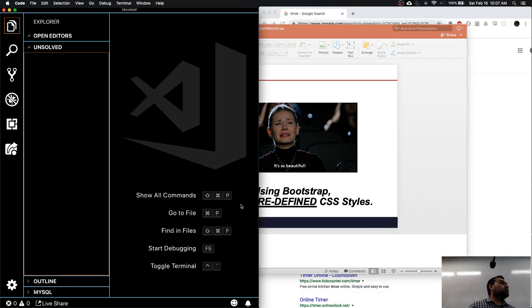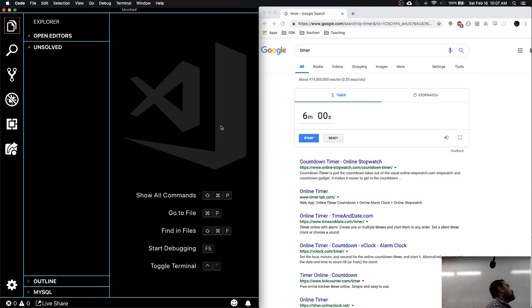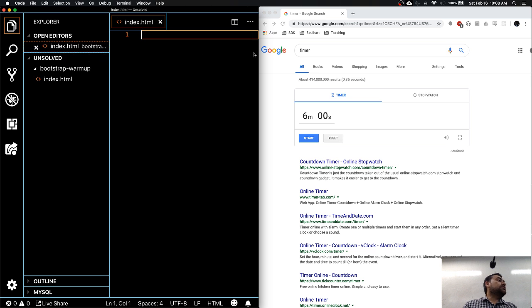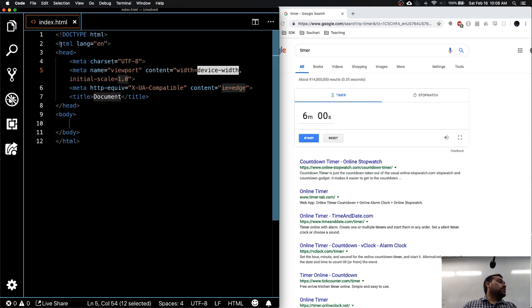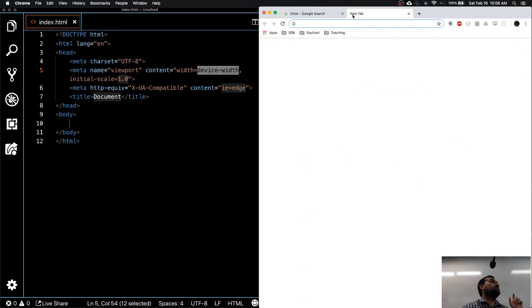So let me do this warm-up activity really quick. You guys focus on this. I'm going to show you just the linking part of Bootstrap as a recap. Let me create a folder real quick. Bootstrap. I'm going to call it warm-up. Create index.html. I don't need a CSS file, right? I'm not going to write any custom CSS. I'm going to use Bootstrap. The first thing I need is a Bootstrap link.